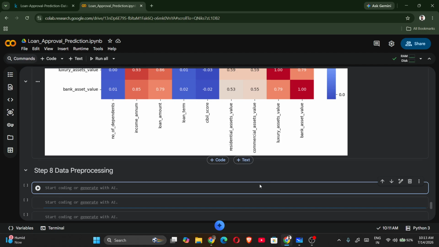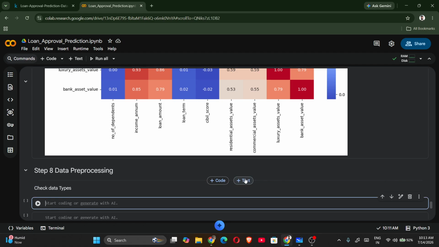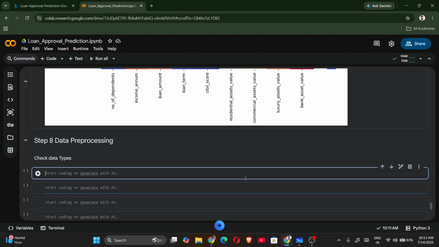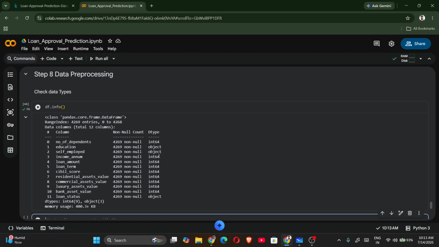Now, I would be checking the data types. For that, I would be writing df.info. You can see that three are, as I've told you earlier, object. So education is object, self-employed is object, and loan status is object. These are columns that need to be converted into numbers. Why do we encode? Machine learning algorithms work with numbers, not text. Objects are basically text over here. So for encoding, I would be writing something like,